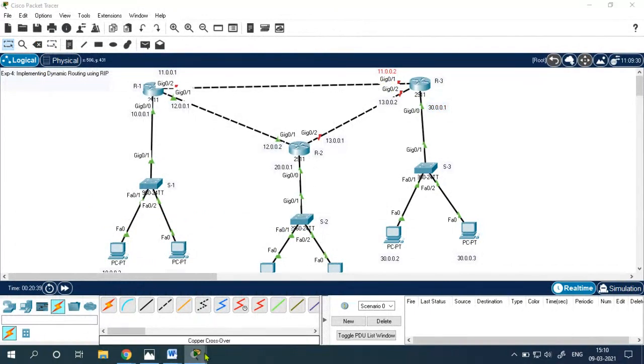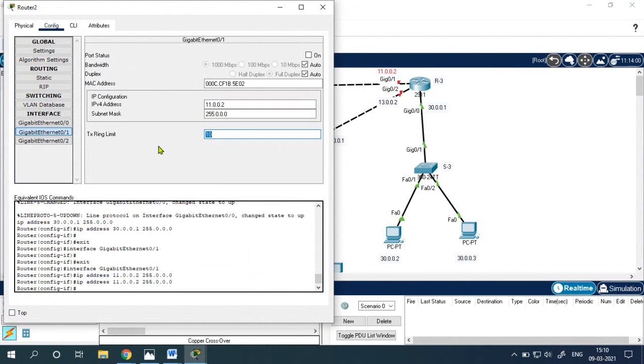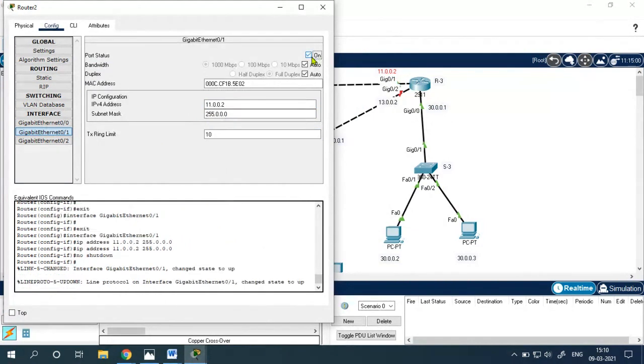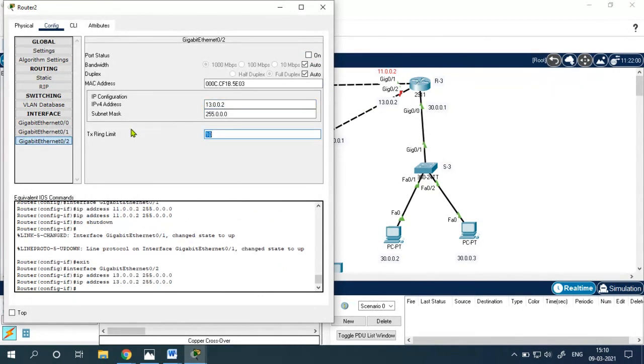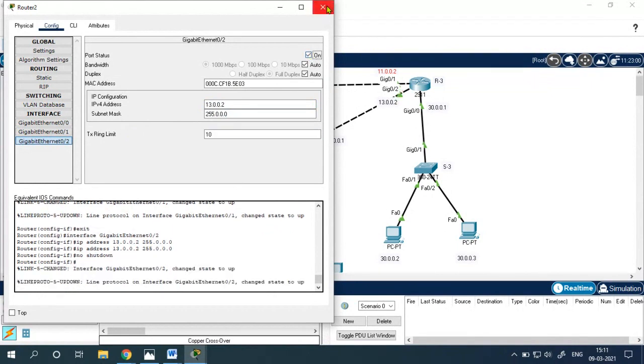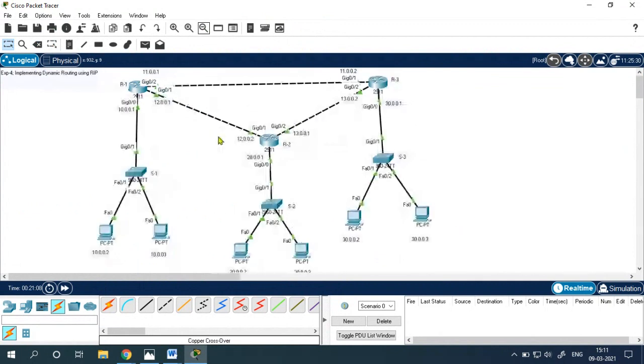This I have selected, so the IP address here has been decided 11.0.0.2. Let me turn it on. You can see, and now 0/2. Select 0/2, give the IP address, no shutdown, done. So you can see that every line is green now.